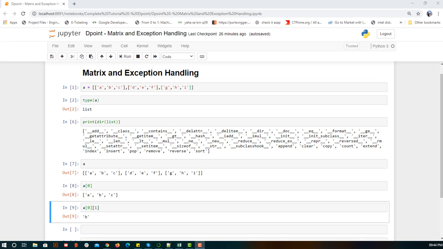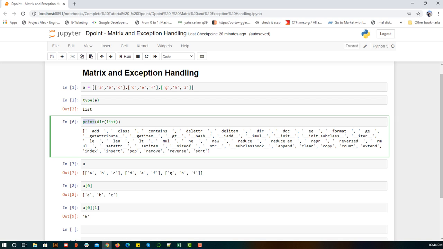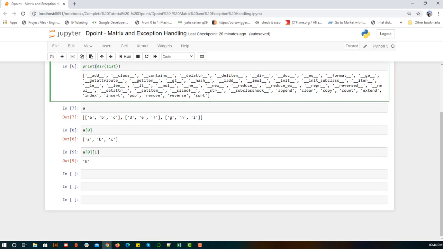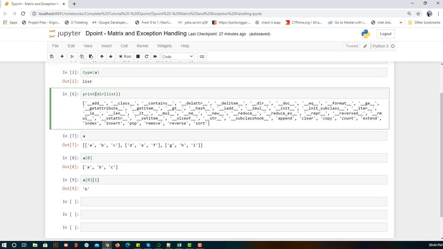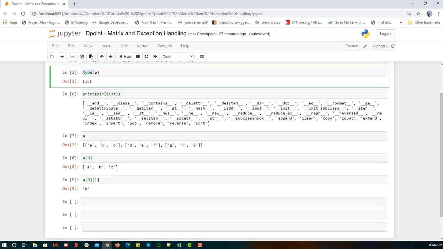Before that, I want to tell you something. When we use some inbuilt functions provided by Python, like print and dir, these are imported by default. But if we use some libraries which are not there by default. Here, library is nothing but a collection of functions. If you don't know what a function is, a function is nothing but a simple logic. Let's suppose here we are calling type, which is a function. Whenever someone calls this logic whose name is type.